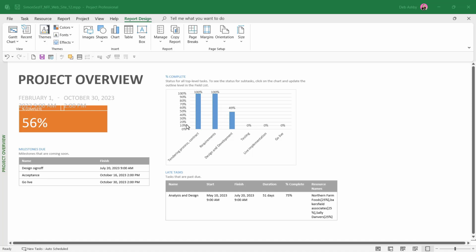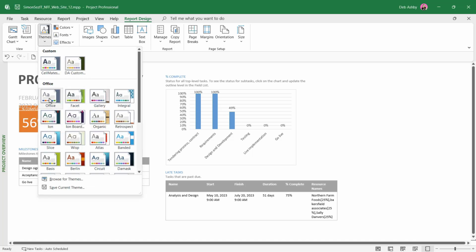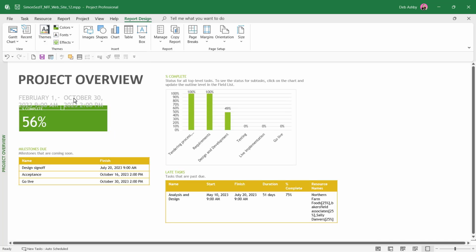Now, the first thing to note here is the color scheme in use. These colors are being generated by the theme that I have in use, which is currently just the standard Office theme. I have that set as my default, so if you have something else set as your default theme, then your colors might not look exactly the same as mine do here. I don't particularly like this theme, so I'm going to immediately change it to Facet,